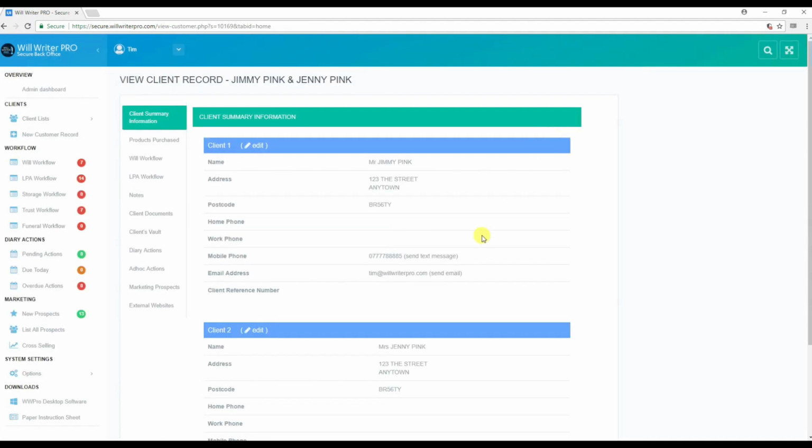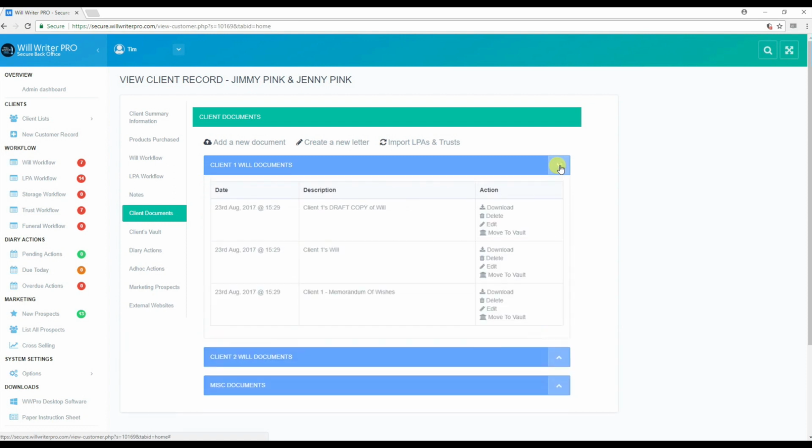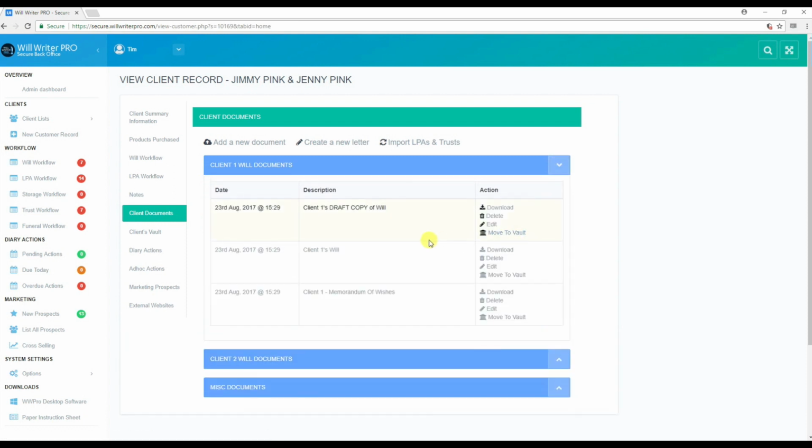So from the client record we can do a number of things. We can text directly the client, we can send an email. I'm now going to show you the client documents. So if we have a look at the will first of all, again in the settings you can choose to have a draft copy which is watermarked produced. Not everyone sends draft copies out. So if we have a look at the will here,